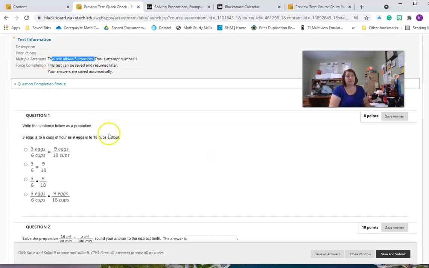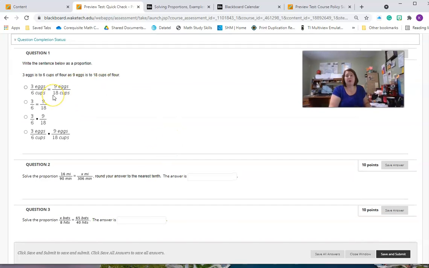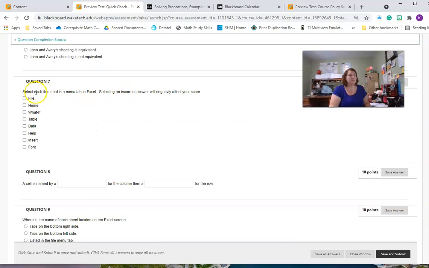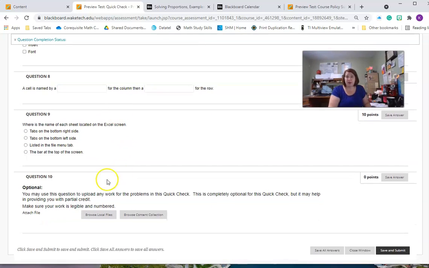So you get 5 attempts at each quick check, and it'll tell you which attempt you're on. Some of the problems are multiple choice, some are fill in the blank. This one, select each item. So there may be more than one item, so make sure if there's multiple answers, you select all of the answers.